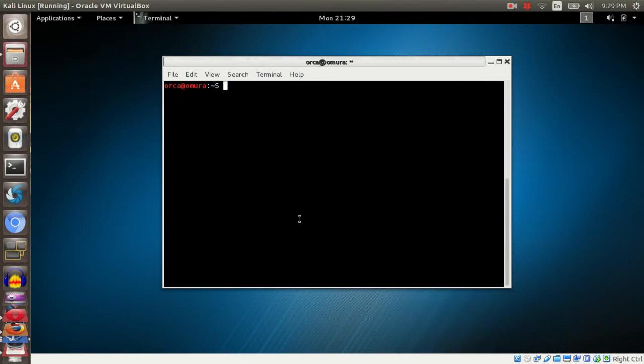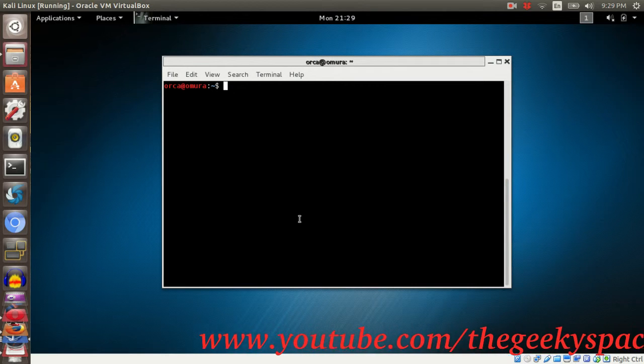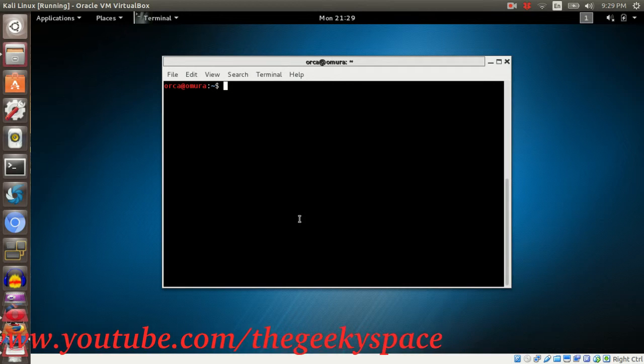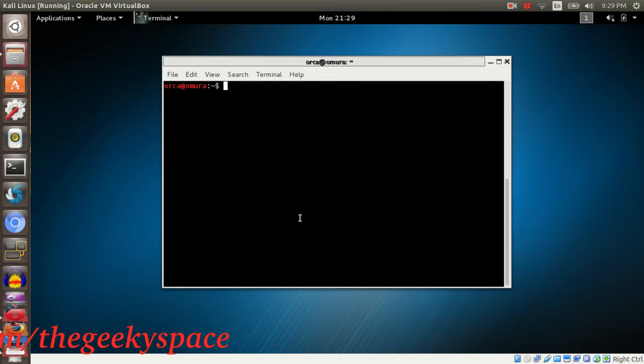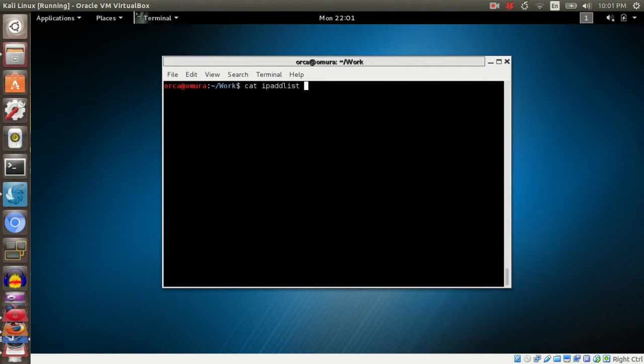The seventh tip that I want to share in this tutorial is how to scan given targeted IP addresses while excluding a list of IP addresses. Continuing from the previous example, let's say I want to scan IP addresses from 10.10.10.2 to 10.10.10.10 but excluding the list of IP addresses in the IPaddlist file. The IPaddlist file that we just created in the previous example contains the IP addresses